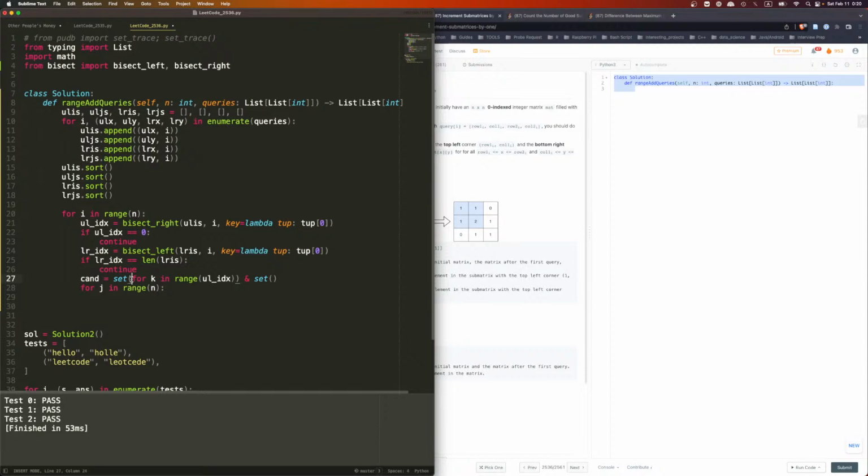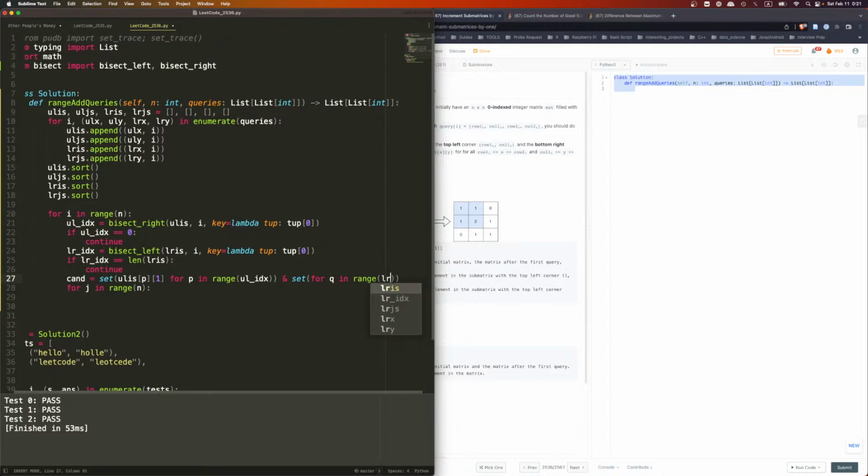If that, we can do UL's K1. The second set is going to be for P and Q, P and Q in range